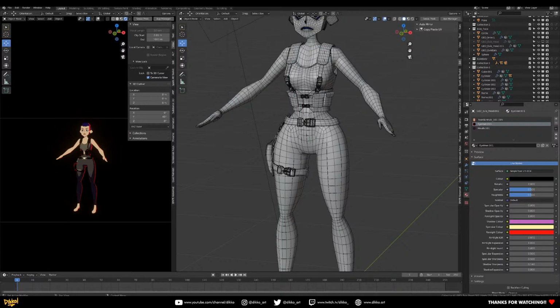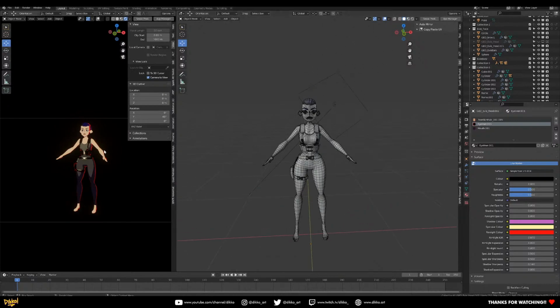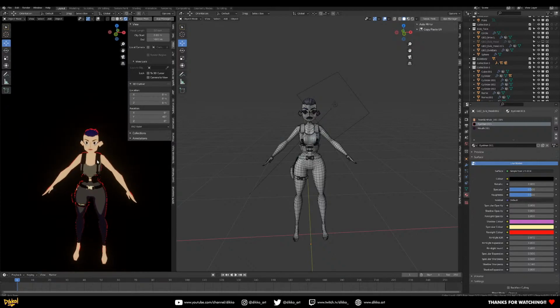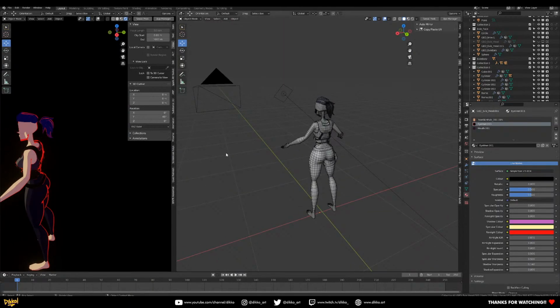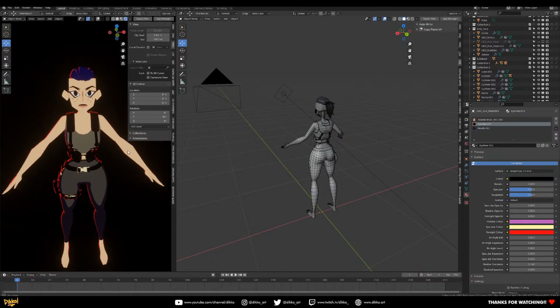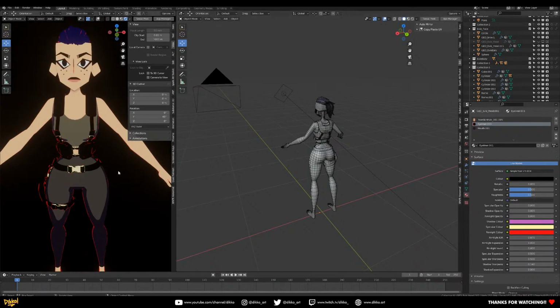Thought I'd start by first showing some developments I've been working on for my character. I've actually been thinking about how to further stylize the character a little bit. So I've been working on some pretty cool stuff. The proportion hasn't changed that much. It's mostly the face and the arms, a little bit of changes there. But I wanted to show it anyway, just to show you the differences in the way the face is designed,